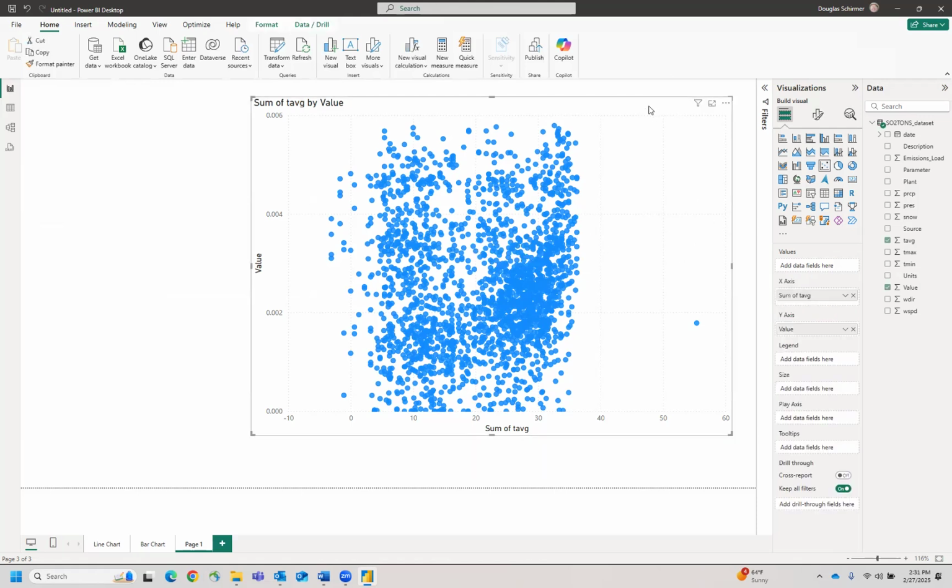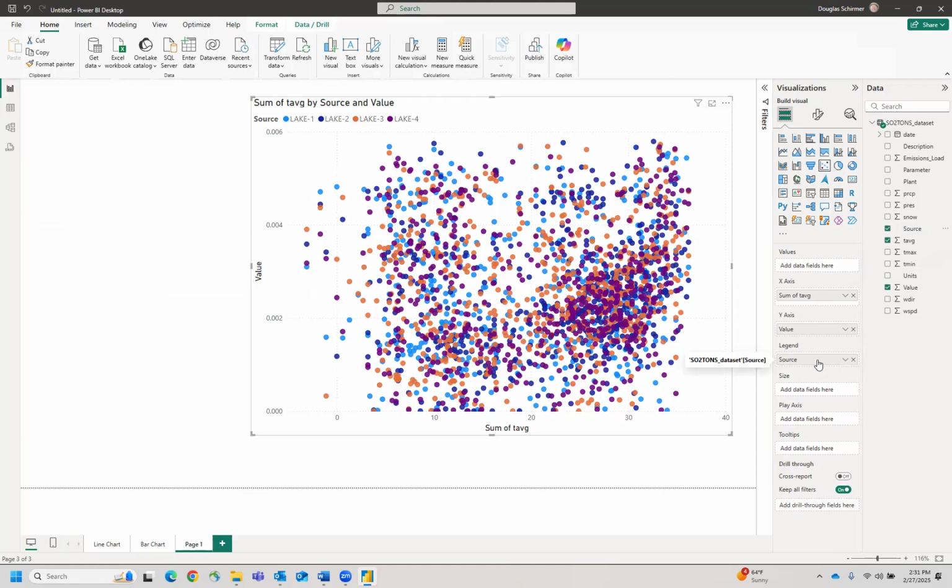If I click on the visualization, then it brings up all these properties, right? And there's legend. So I'm going to drag source to legend. Okay, there you go. So that's what the scatter diagram looks like. So if this were a perfectly